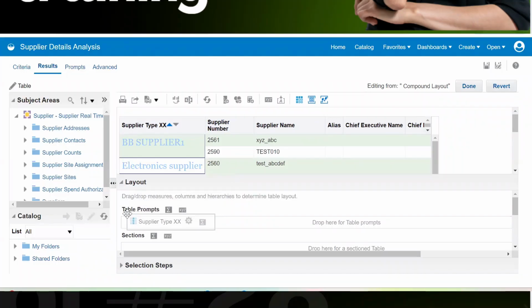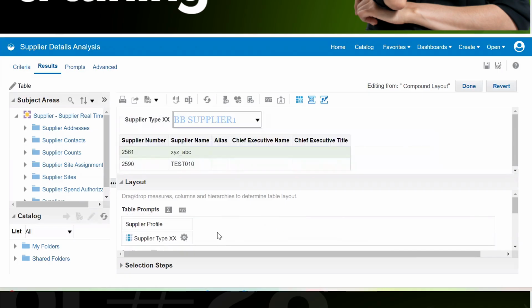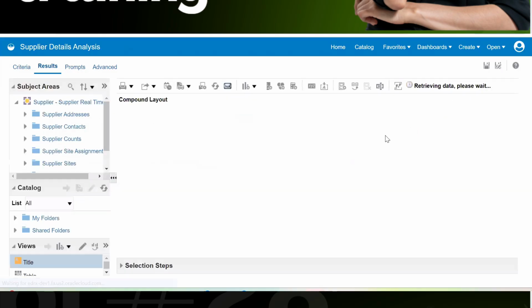So now that particular column has been moved out of your table view and has been added as a prompt. Once you are done, click OK.